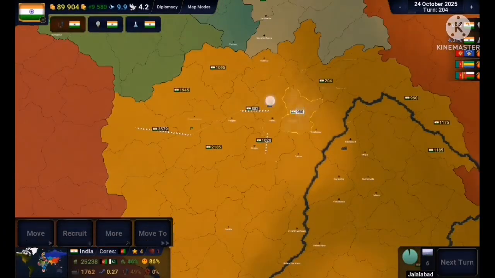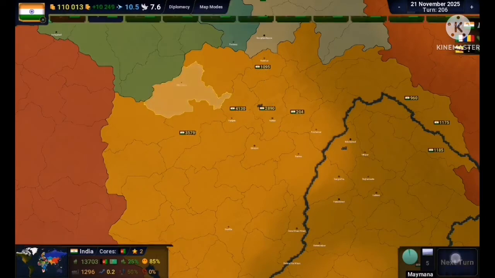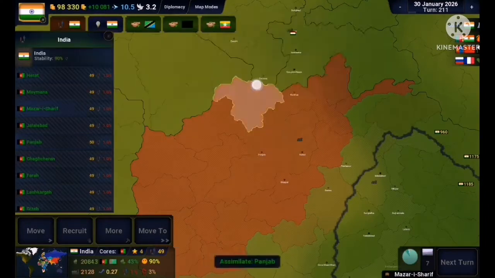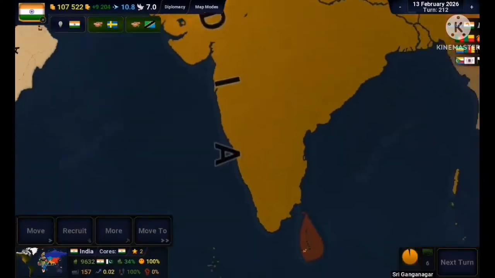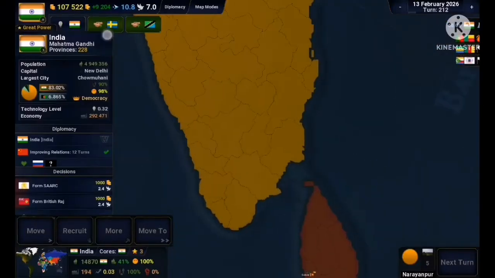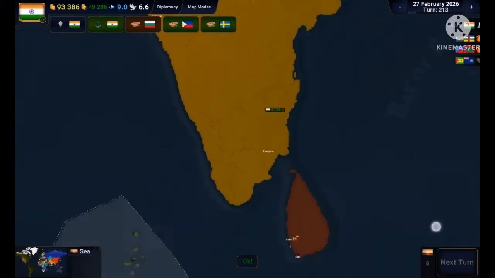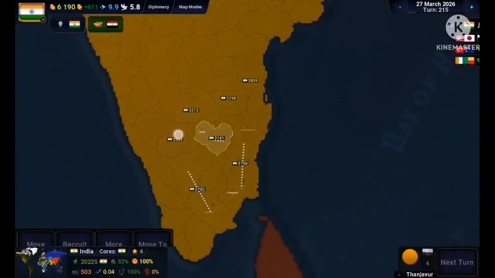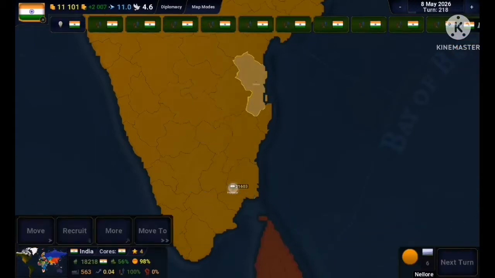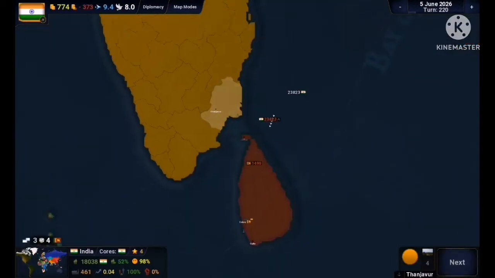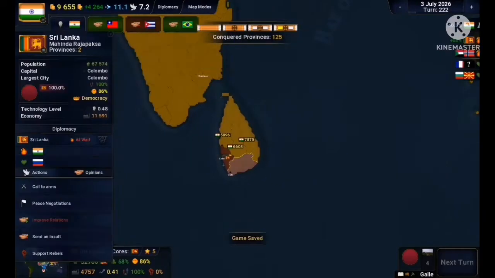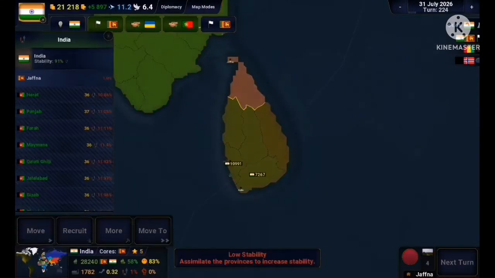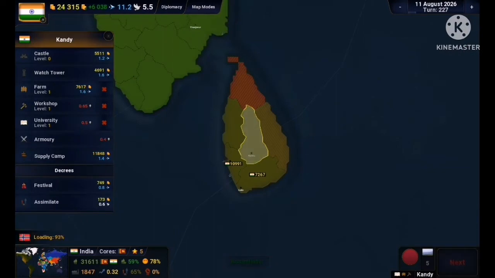And so after assimilating Afghanistan, the only place that was really left for me is Sri Lanka, which was my home country. Yeah, so I had to very sadly invade my home country. Very sad. I can also feel all the Sri Lankans internally screaming. This pained me. It hurt me to do this. I mean, considering the current state of Sri Lanka, what even? How can it even get worse?